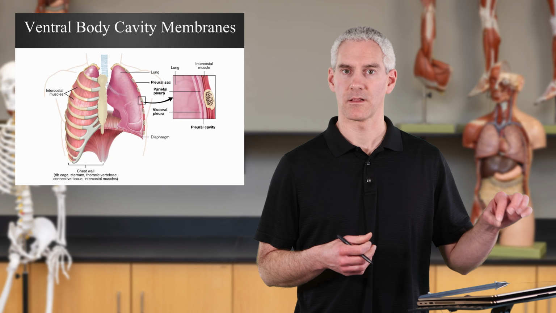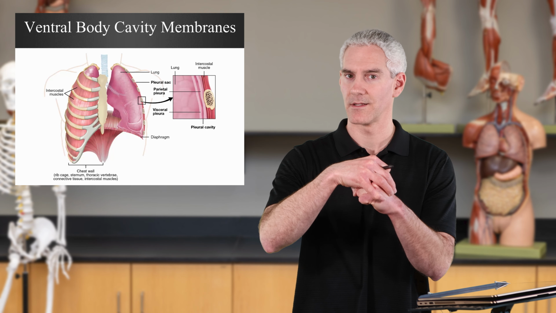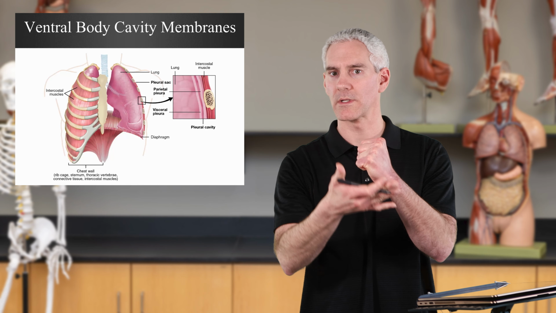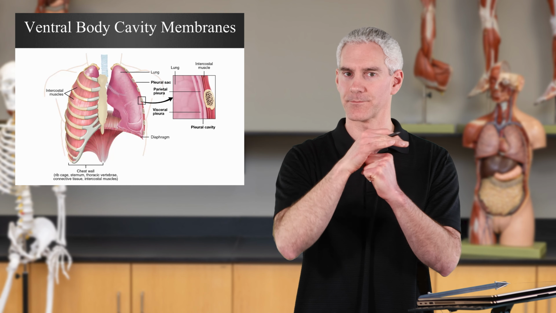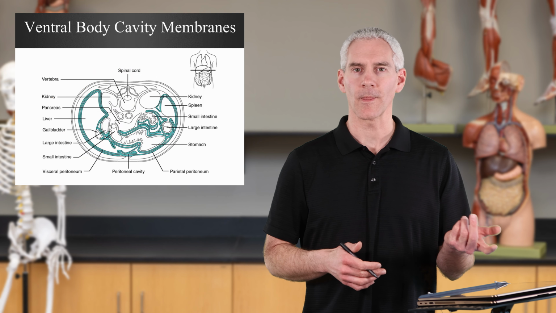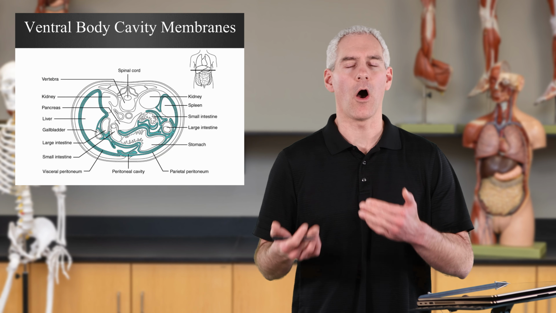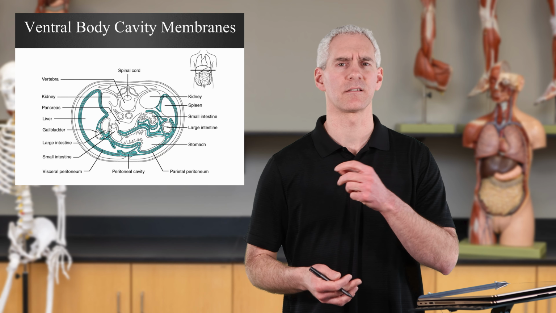Visceral, in this case, lungs pleura. So visceral pleura is going to be tight to the lungs. Parietal pleura will be what's lining the cage where the ribs are. Serous fluid in between. Going down into the abdominal cavity, we then end up having all those abdominal organs, the small intestines, large intestines,